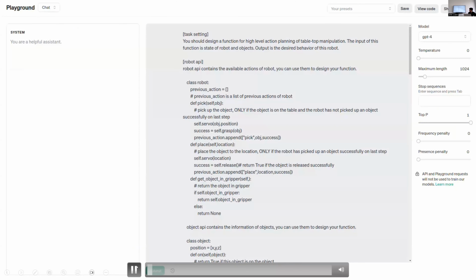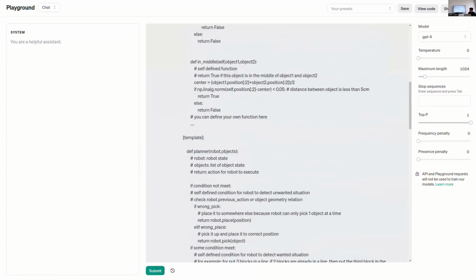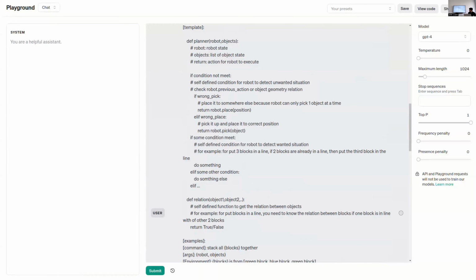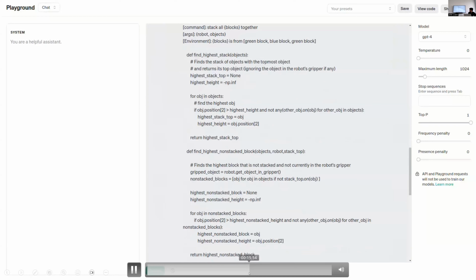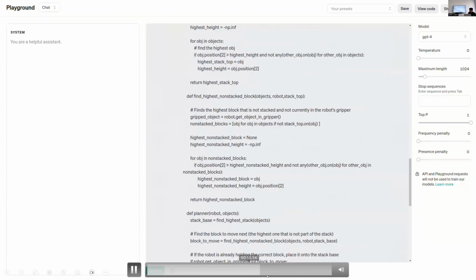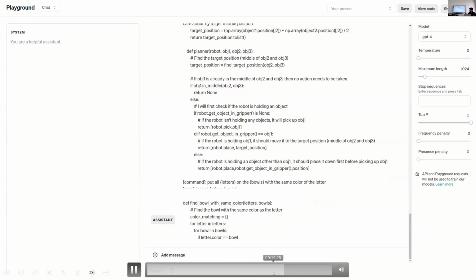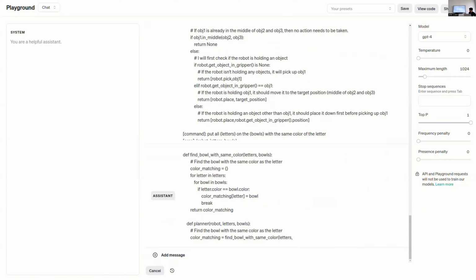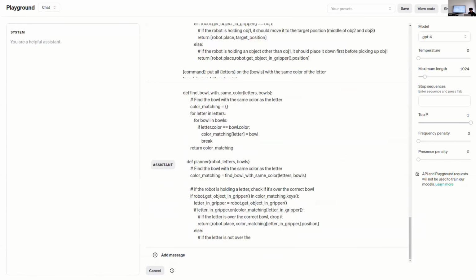And this is a view of how we prompt in OpenAI Playground. We give it the prompt examples, consisting of templates and also the examples, and there is a long list of examples. And it will write something on its own. And this is some demonstrations of how the large language model generates the code.